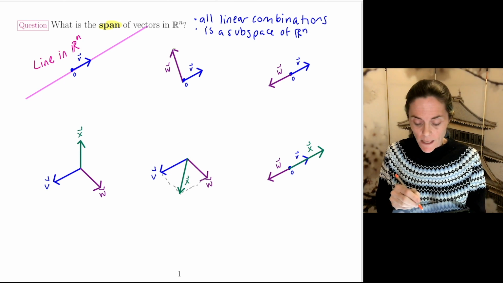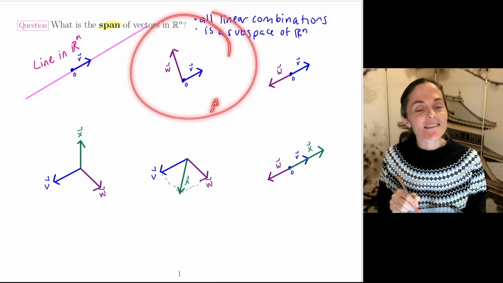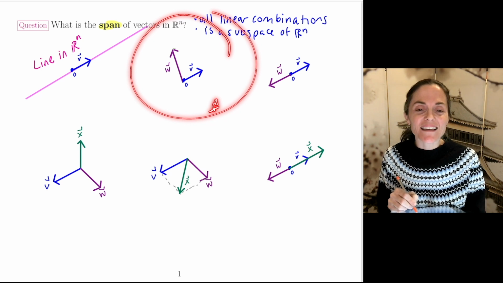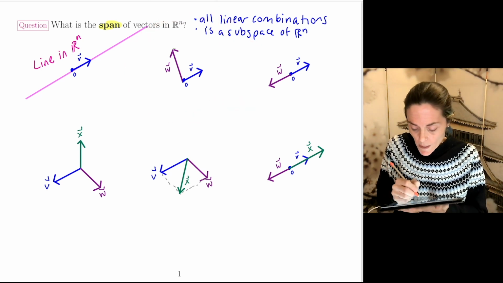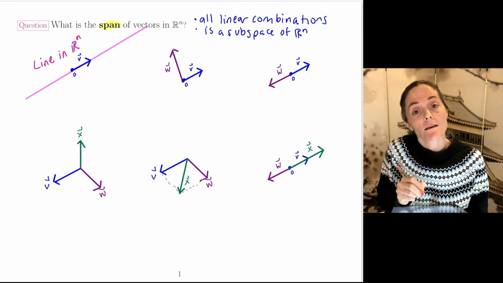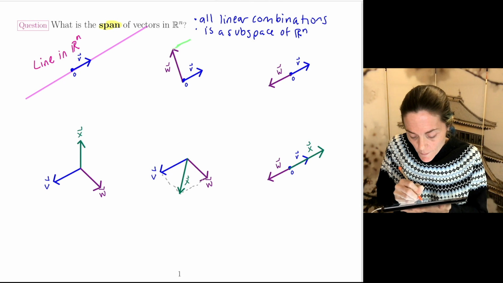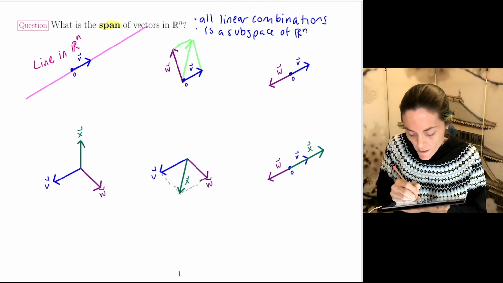Okay, now, what about if I have two non-zero vectors, V and W, but W is not a multiple of V? So in this picture, W and V are linearly independent. Another way to say that is we have no redundant vectors. The question is, what do I get when I take all possible linear combinations? Well, one linear combination would be, let's think parallelogram rule for adding, you could just take V plus W. That would be, say, this vector.